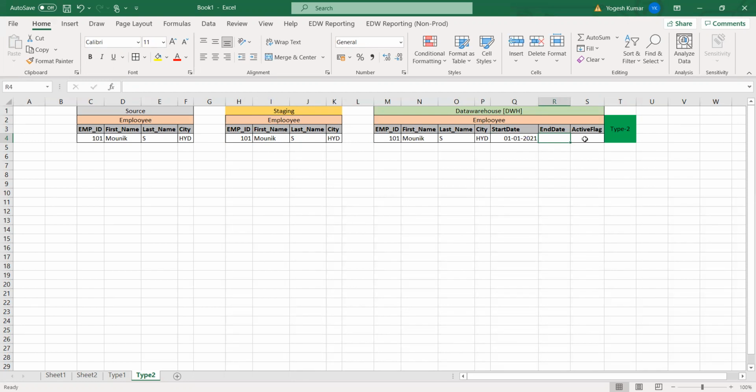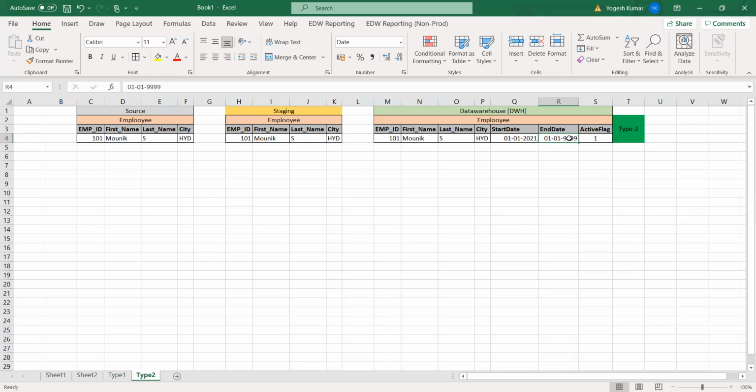Okay, for the active flag: this record just came, so this is active. So we will mark it as 1. 1 belongs to active and 0 belongs to deactive. So the end date might be null, might be blank, or any future date like 01, 01 and four 9s. This is a very long date, 9999. We will not see that date unless we are still here, right?